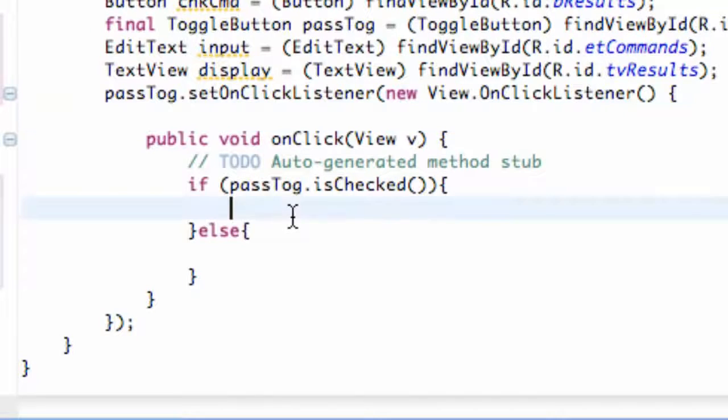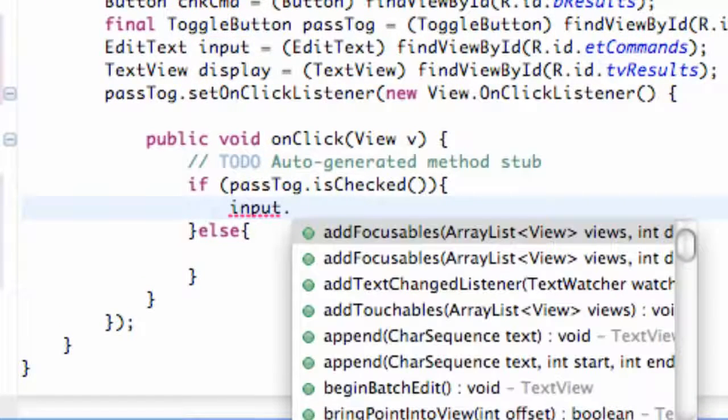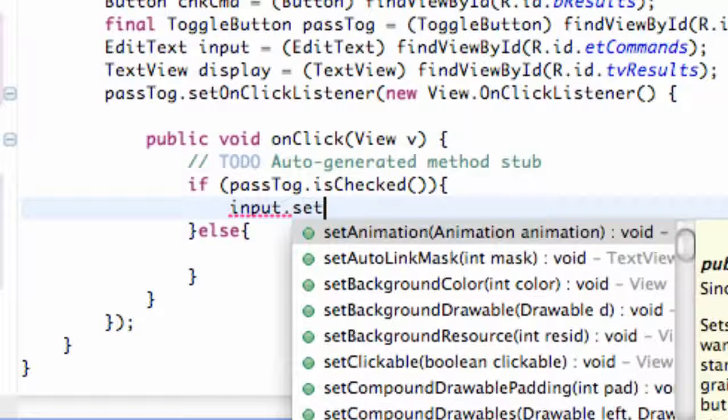Now what we can do is use the EditText variable that we set up here, which is referenced to our EditText in the XML, and we're going to change that. We called the EditText input, so we say input, hit dot, and then we're going to set the input type. There's the password type in a text view, or a number for the most part. You can make them only be able to put in numbers, stuff like that. So we're going to use the method setInputType,